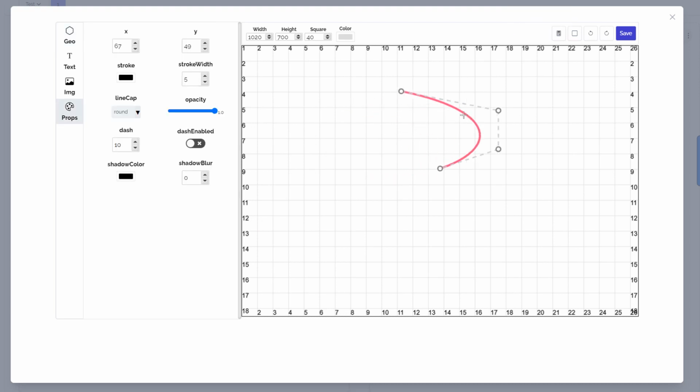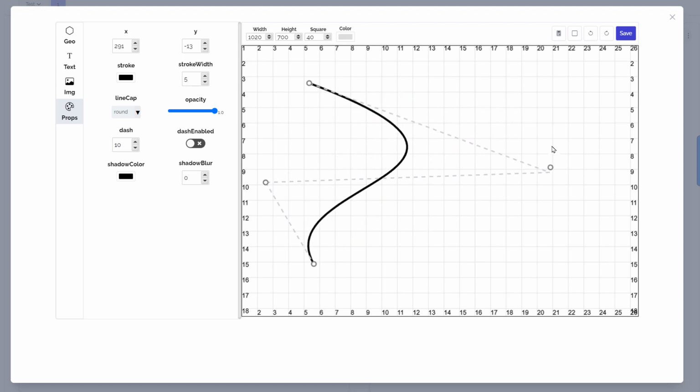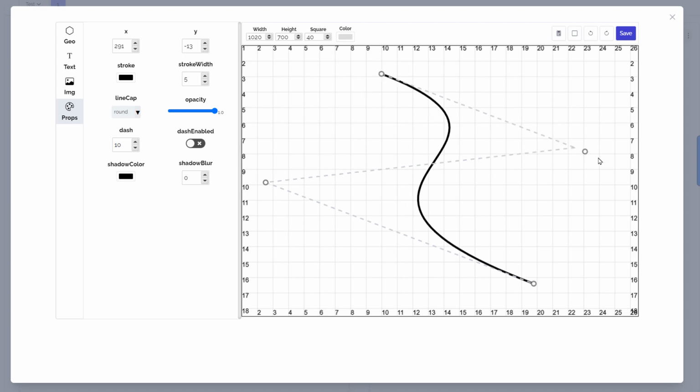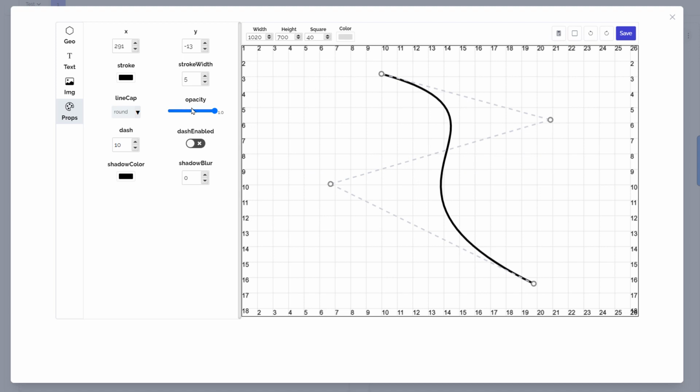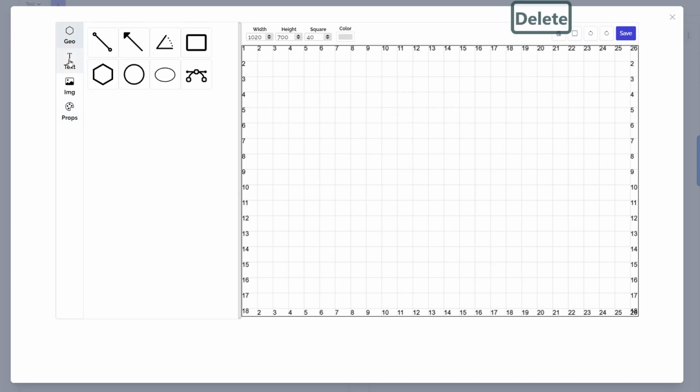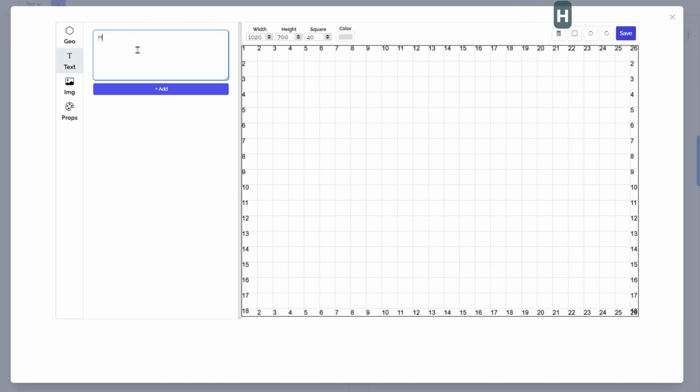And we have a Bezier line in here. You can just draw your Bezier line by using these reference points. It will be so easy to draw any Bezier line with this component. It is possible to change its opacity and stroke color. You can make it dashed like this. There are a lot of possibilities here too. Let me delete it and let me add some text, for example, hello,